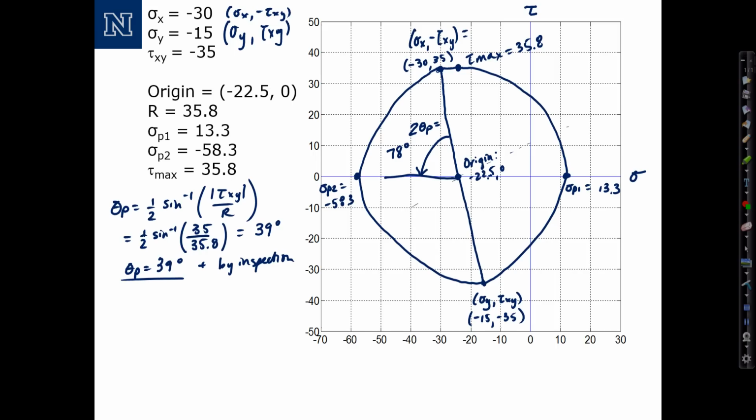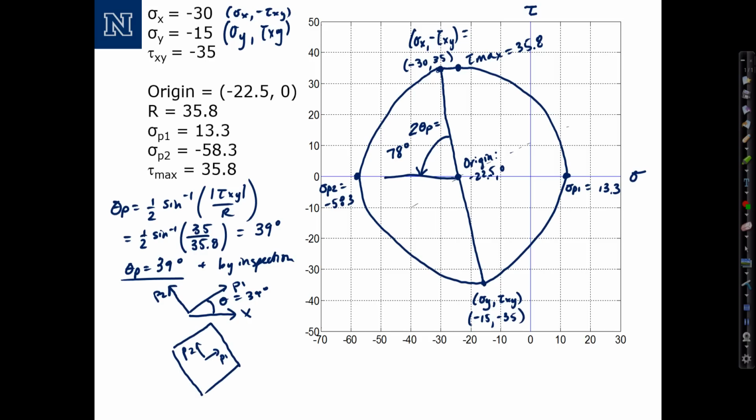Now finally, I want to draw the transformed stress state of the principal axes. So from X, I have a transformation to the principal 1 axis, which I'll label P1, and that is theta equals 39 degrees. The principal P2 axis would be 90 degrees from that. So my transformed stress block will look something like this. P1,